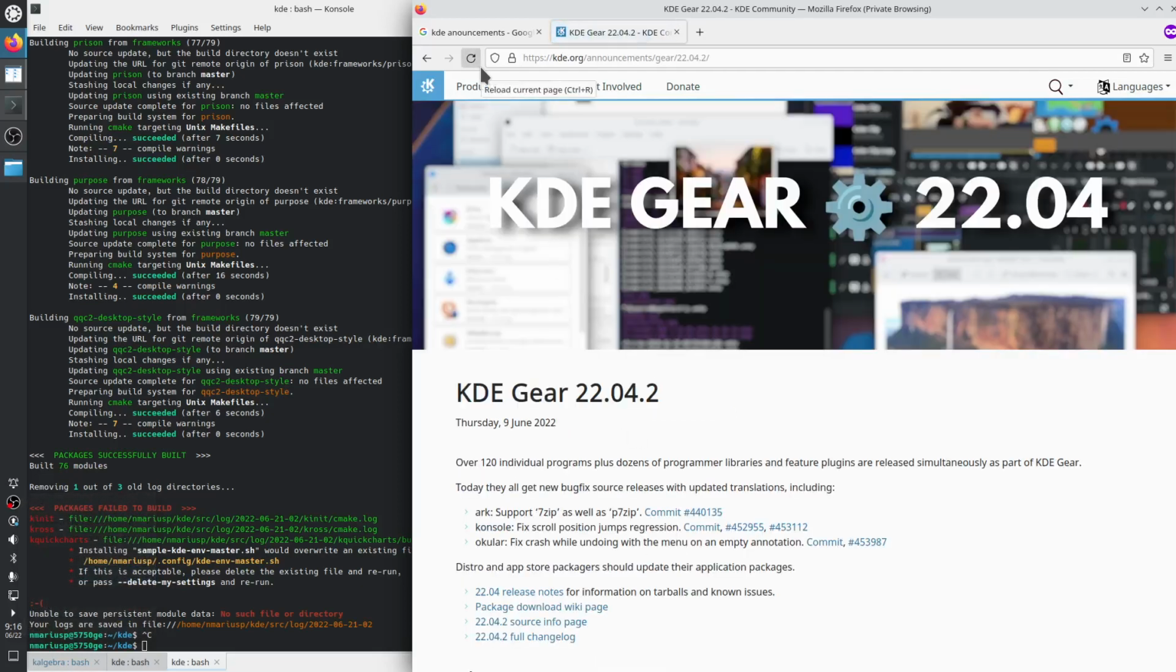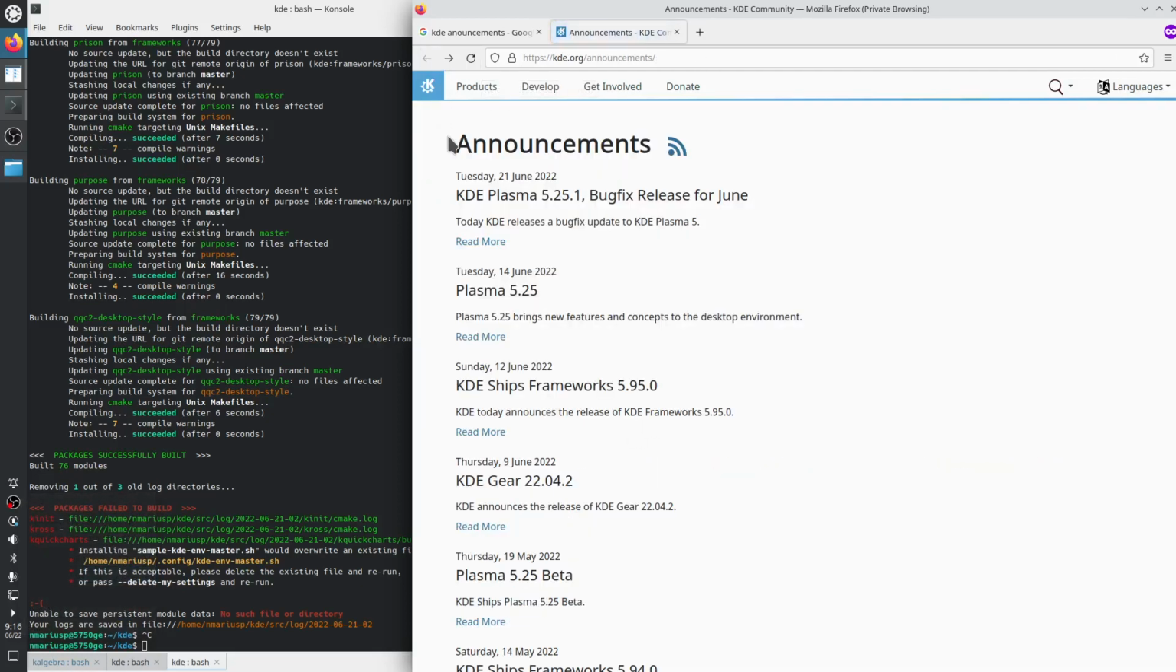Hello, today we are going to talk about the next version of KDE Frameworks, KDE Frameworks 6, and how to build it using kdesrc-build. So, what is KDE Frameworks? Let's look at the kde.org/announcements page. We have on the 12th of June, KDE ships Frameworks